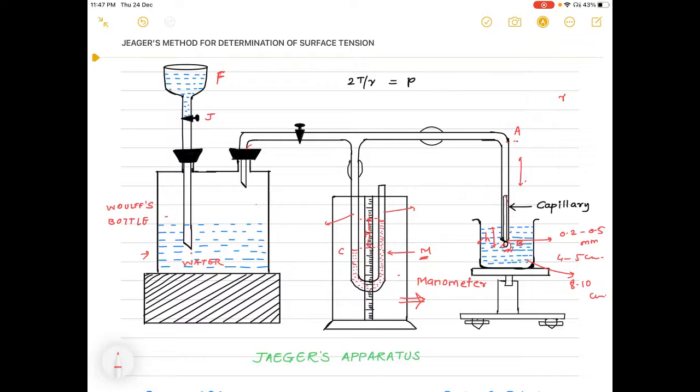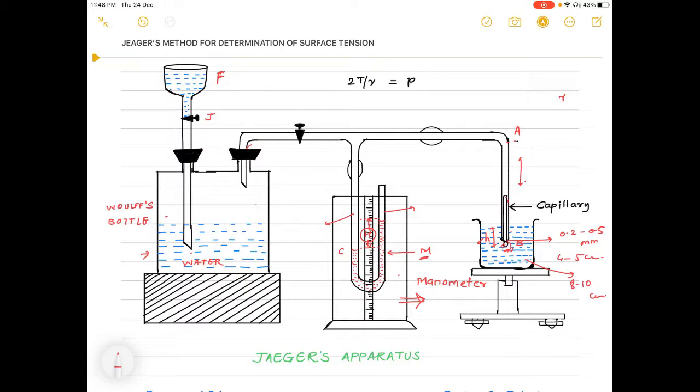The maximum pressure will be there when the difference between the two limbs of the manometer is maximum, which is indicated by the difference, that is capital H, which is written over here. Now the bubble becomes unstable as it further grows. As its radius increases, the pressure inside it decreases due to surface tension. The equilibrium between the internal and external pressure is destroyed, therefore the bubble gets detached from the tube. The same process will repeat again.